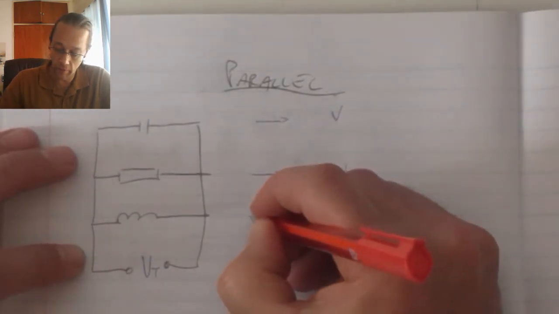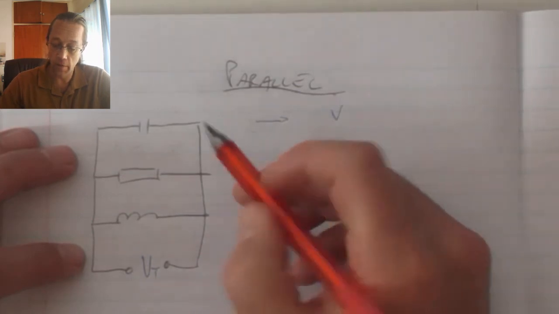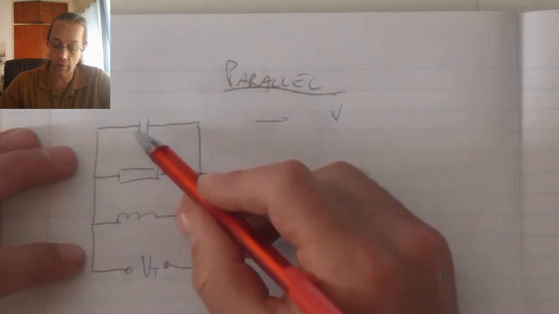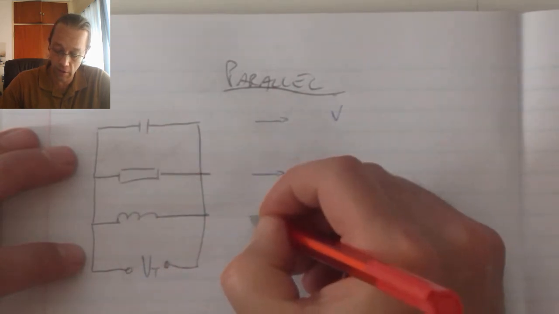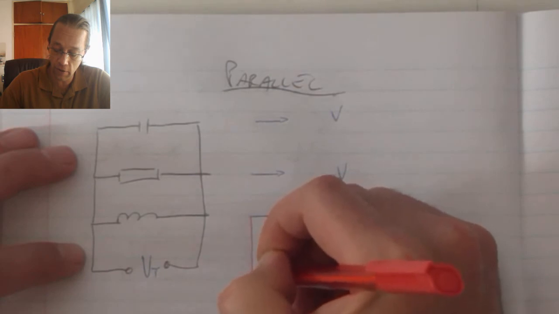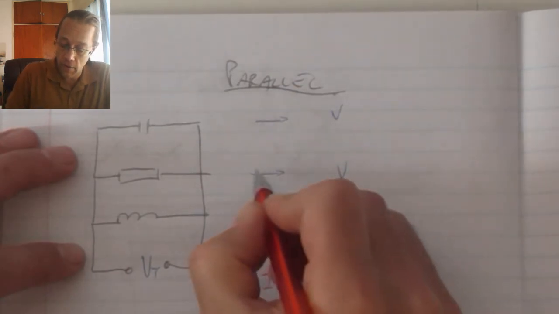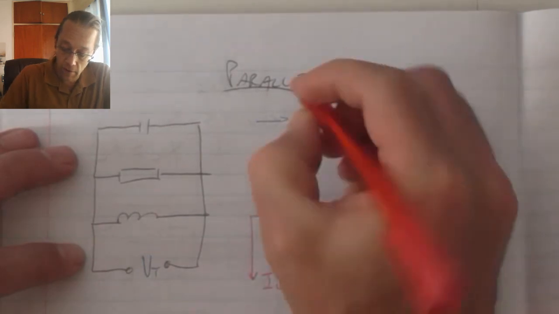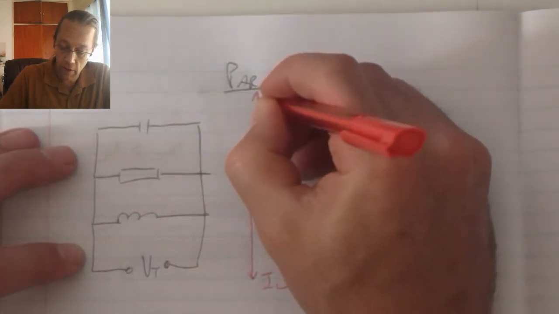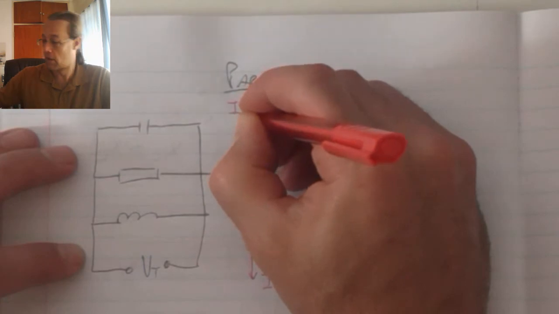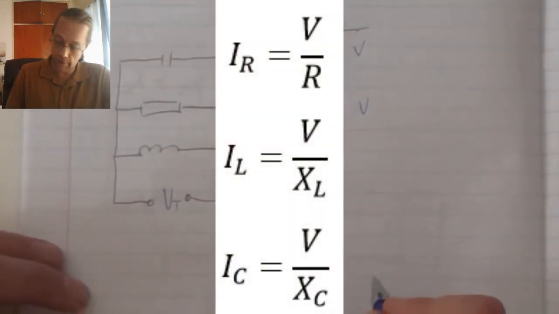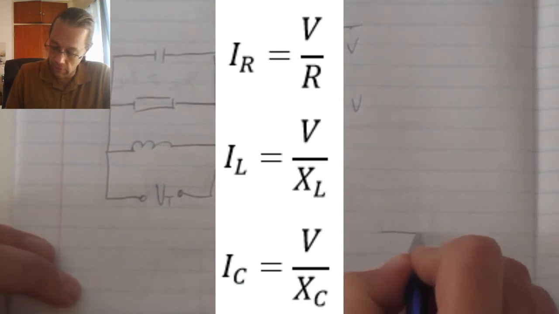We'll develop the current flow lagging, because the capacitive reactance is greater than the inductive reactance. More current's going to flow through the inductor, so that arrow is going to be greater. The resistor and then the capacitor with its leading current. And when we combine these three, we find